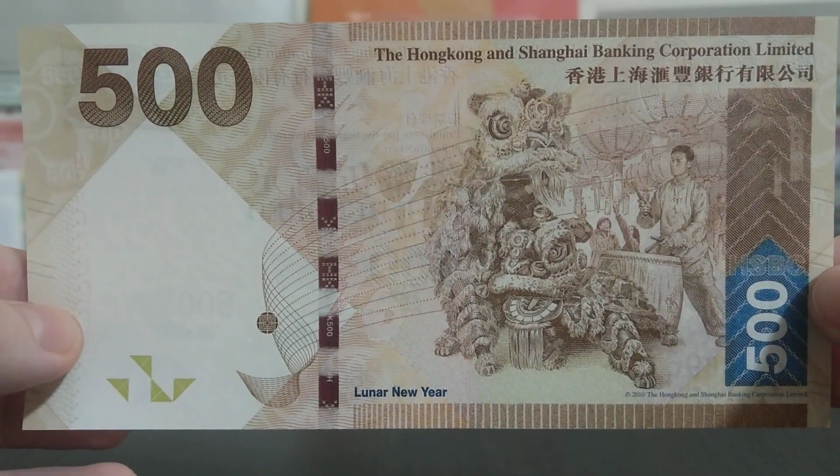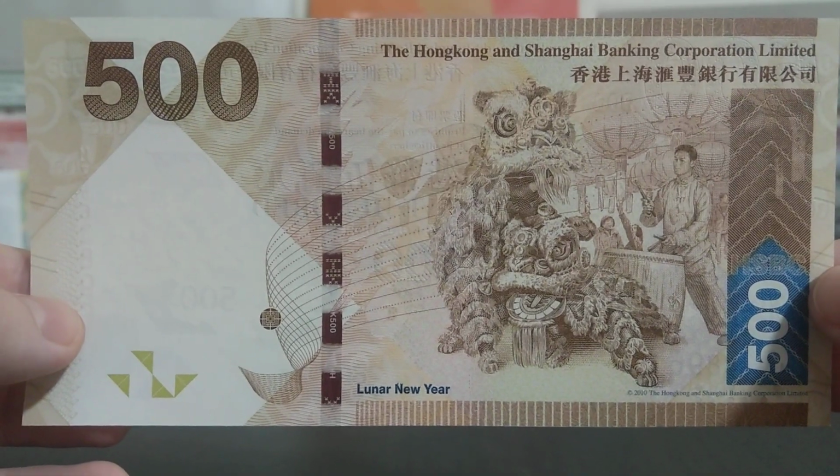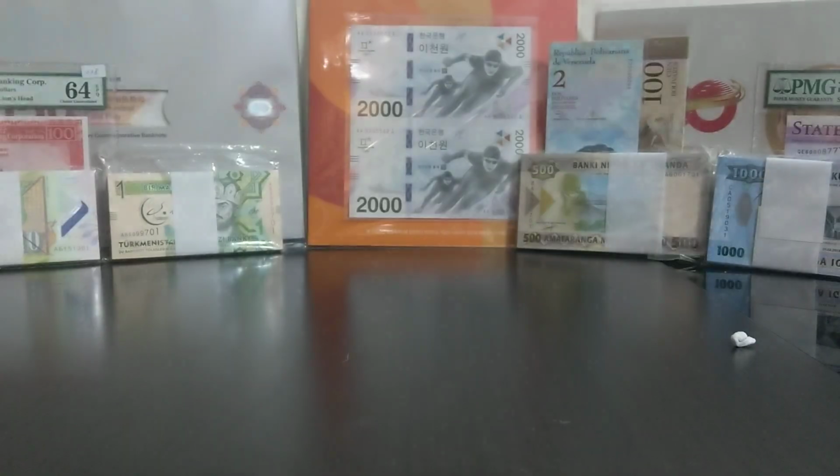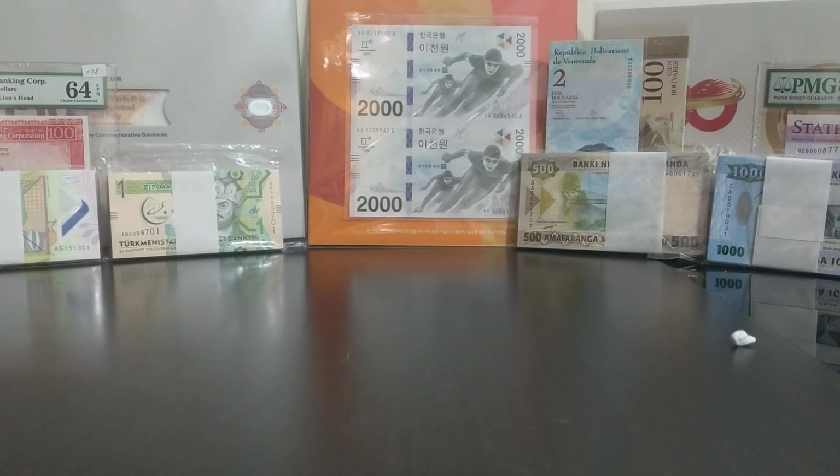The detail on it is absolutely phenomenal. Really, really love the reverse of this banknote. Even with the colour scheme, I really love it. So yeah, now the last one is the 1,000 Hong Kong dollar note. And this is by far